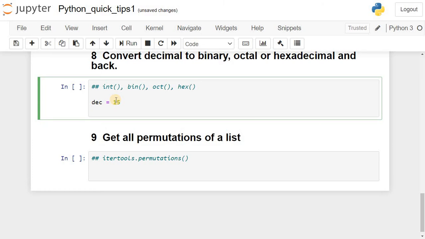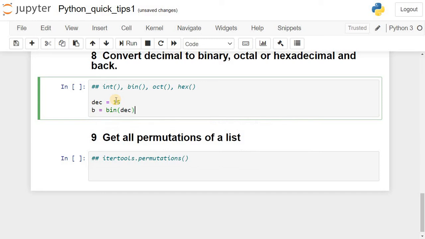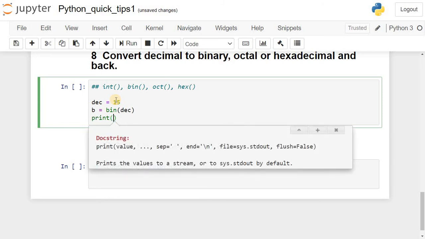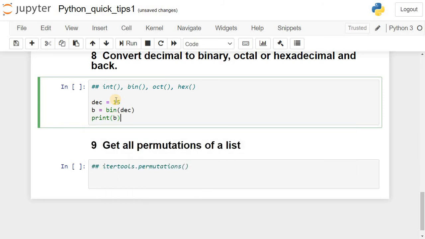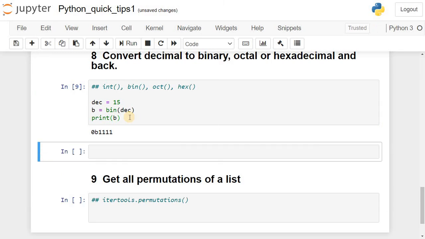Suppose this decimal number is to be converted into binary: b is equal to, directly apply the function bin and pass the decimal number. We print b on the user screen. You will see the binary format of 15: 0b followed by four 1s.